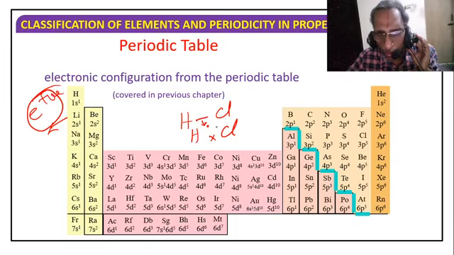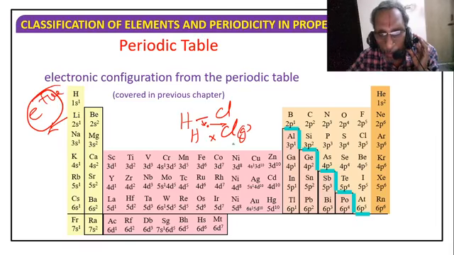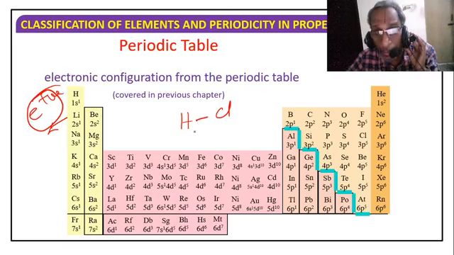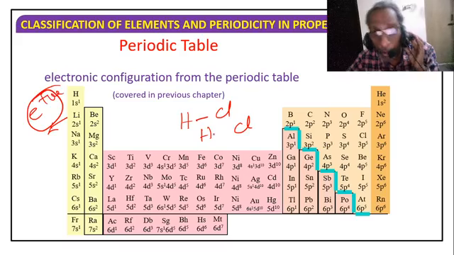But in the gas phase, hydrogen's electron is attracted by chlorine. But chlorine has 17 electrons, and hydrogen has only 1 electron. How can it afford to lose even one electron? It will not easily lose it, because it is present in the s orbital, the nearest one: first the nucleus, then 1s. So 1s is nearest, near the nucleus, and it is very difficult to remove. So hydrogen will not give, but chlorine will attract.